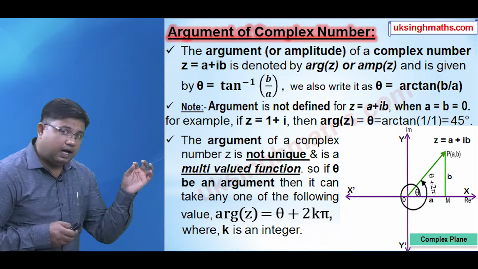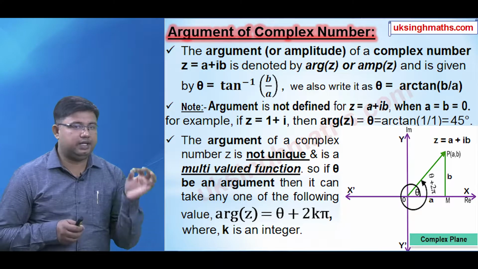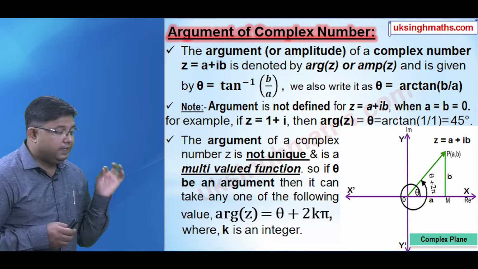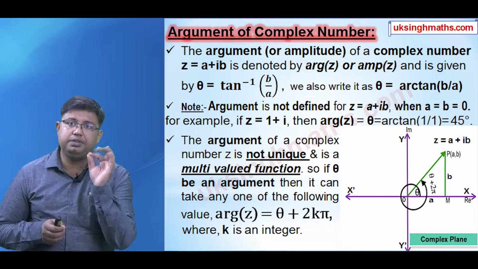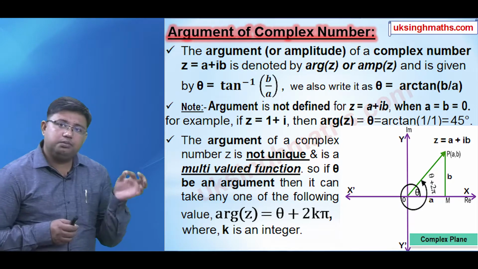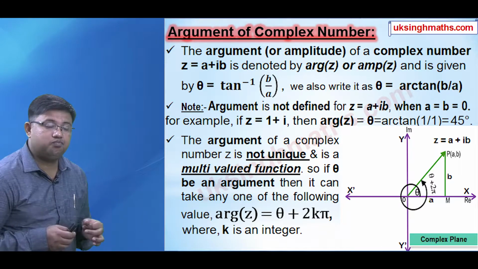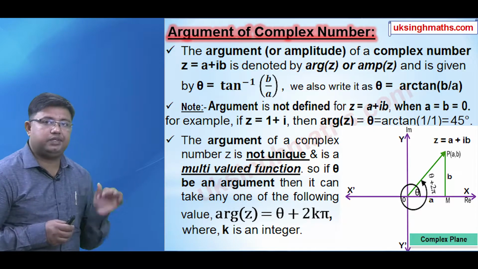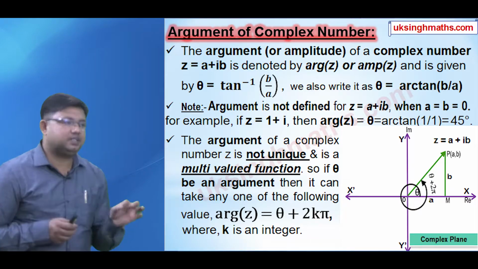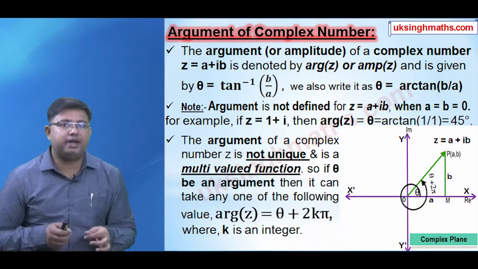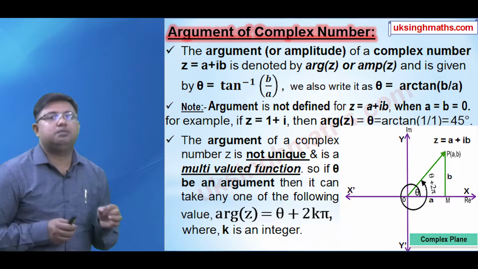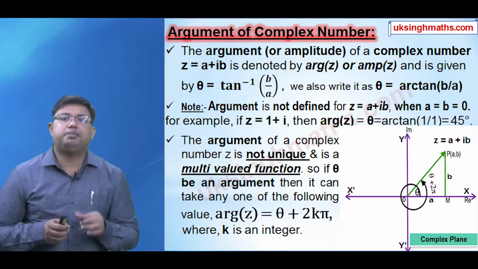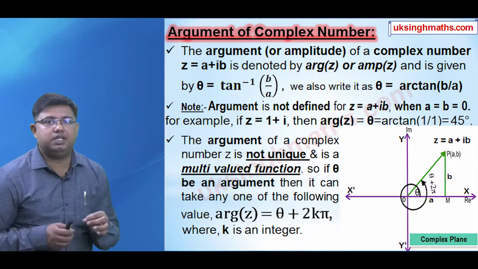First, be clear that the argument of a complex number and the amplitude of a complex number are the same thing. Both are synonymous. Let z equal to a plus ib be a complex number. Then the argument of this complex number z is denoted by arg z or amp z. Say the argument of this complex number is theta, then it is defined as theta equal to tan inverse b by a, where b is the imaginary part of the complex number and a is the real part of the